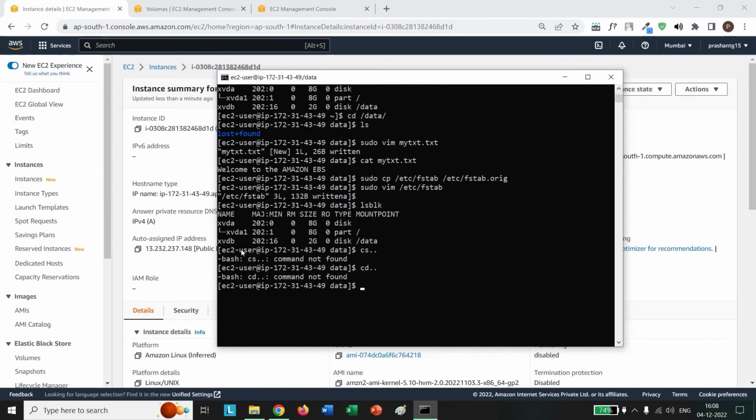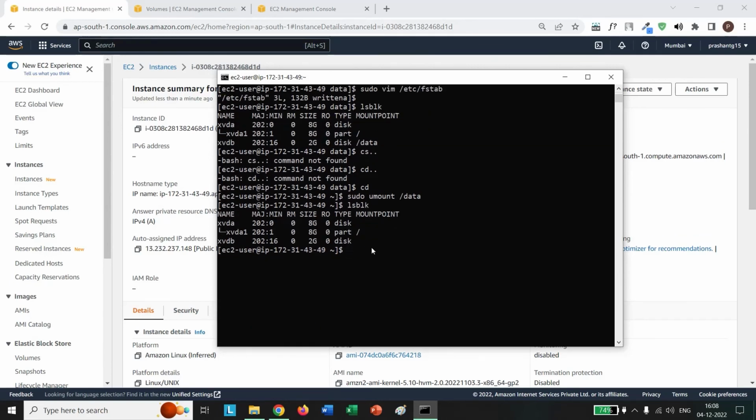Okay, yeah, so we're out of the data directory, and now we will just unmount it. Sudo umount /data. Now if I do lsblk, you can see that the data directory is not mounted anymore. Now if I do sudo mount -a,